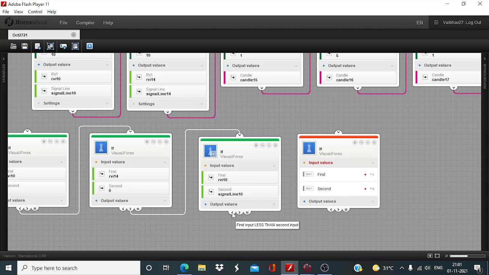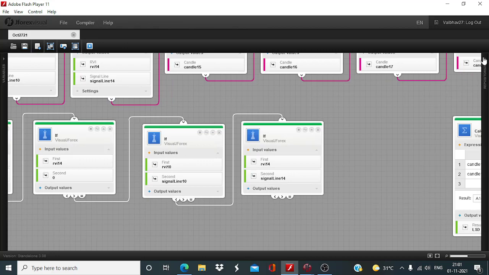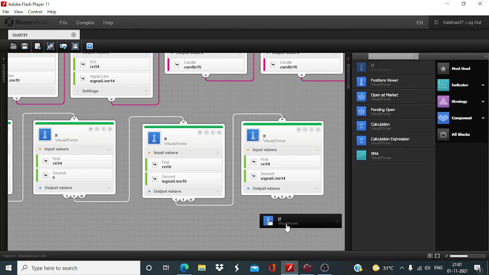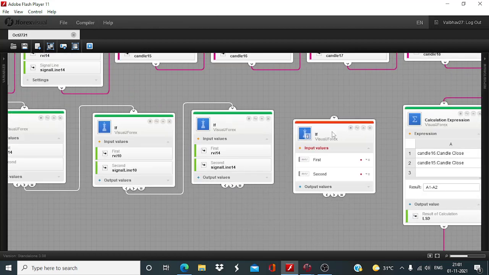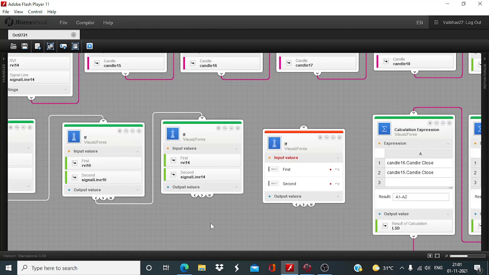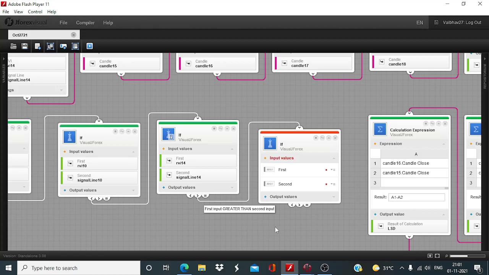First input again less than second input, and in this case first input will need to be greater than second input, and after that all we have to do is compare the newly created variable LSD. First input greater than second input,